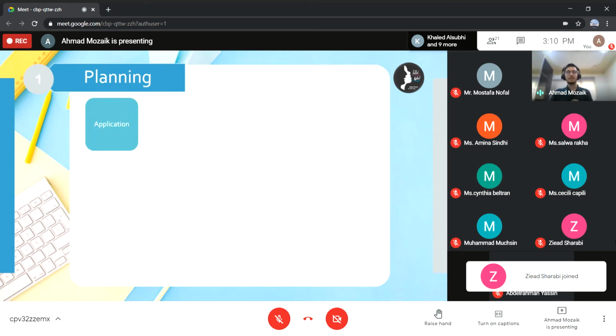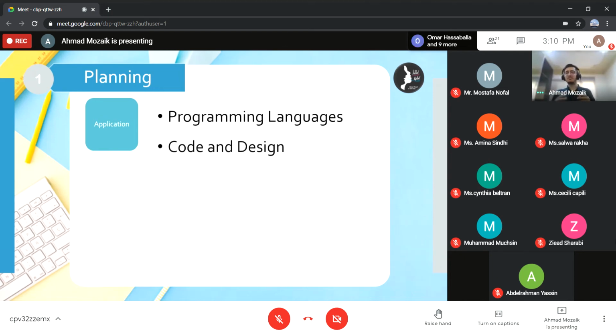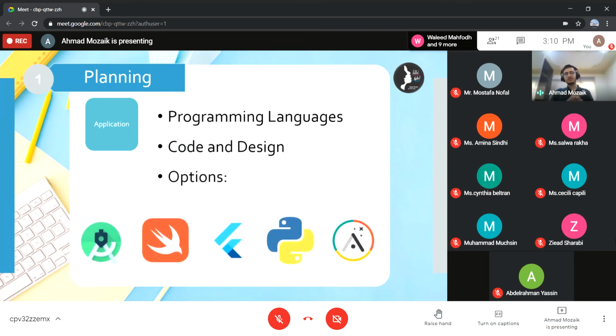The application was my main product, so I had to collect more data and research on the different methods to create it. I spent more than 2 months exploring the different programming languages to code the app. I also looked at some ways to create both the front end and the back end. Android Studio, Swift 5, Flutter, Python, Adalo, and many others were possible options, but I also had to consider that I was racing with time.